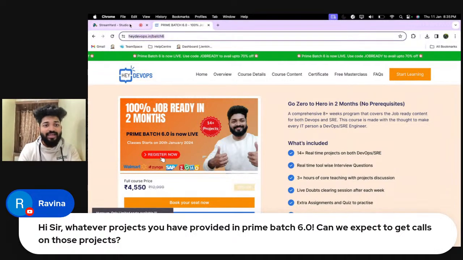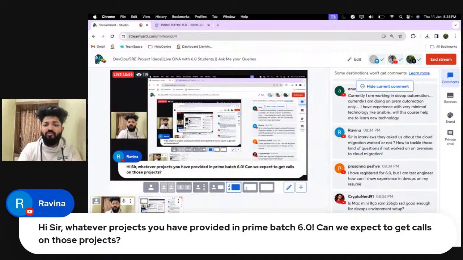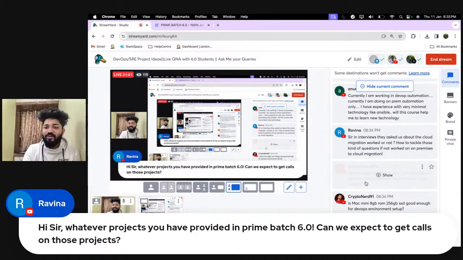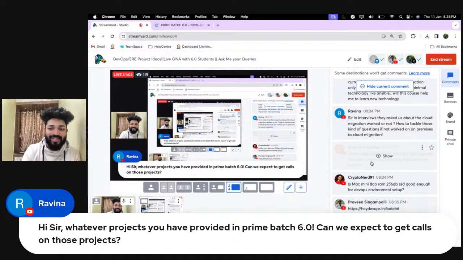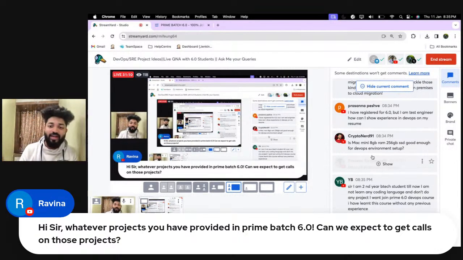We are going to keep it. And if anyone is interested in enrolling, I know many of my 6.0 students are here. Yes, Prasanna, I know many of my 6.0 students are here, and I'm glad that you all are a step ahead. You all are above one step, I would say, from the rest of the students.